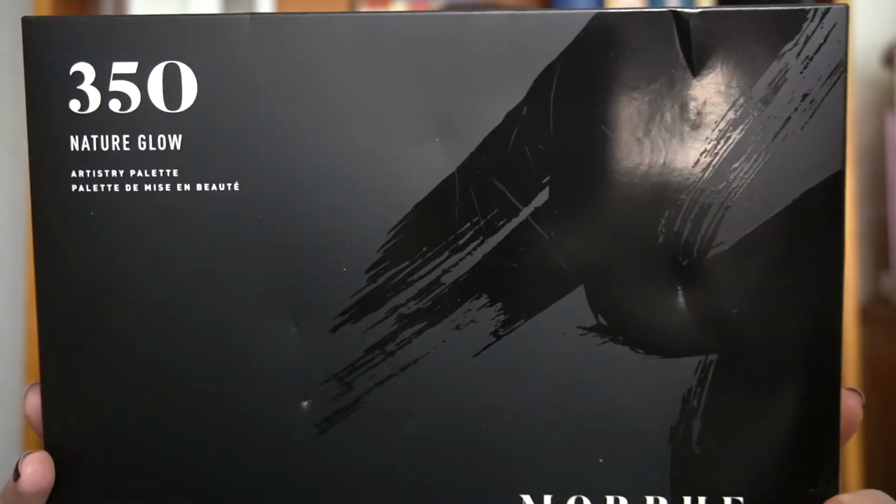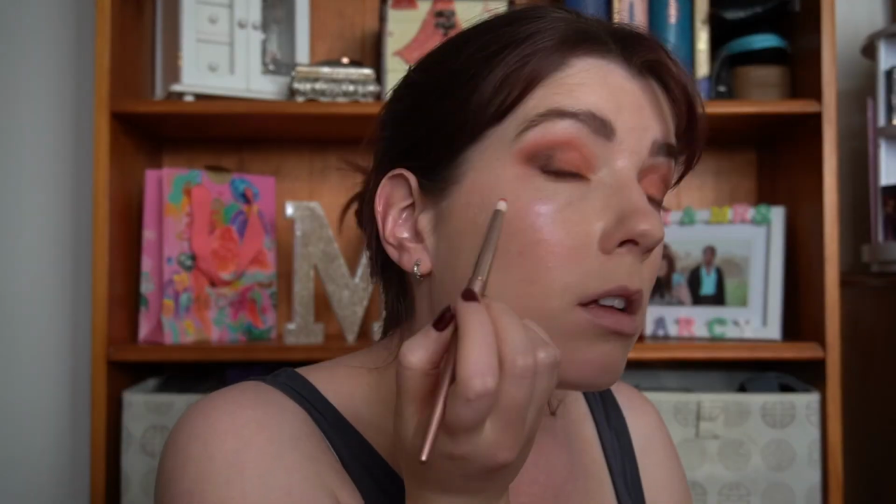Lumi box will try a little bit. The Morphe 350 Natural Glow. One of the options you could have gotten. You could have... What? Ah! This is the... Ow. Mine is in... My last November... They do have...